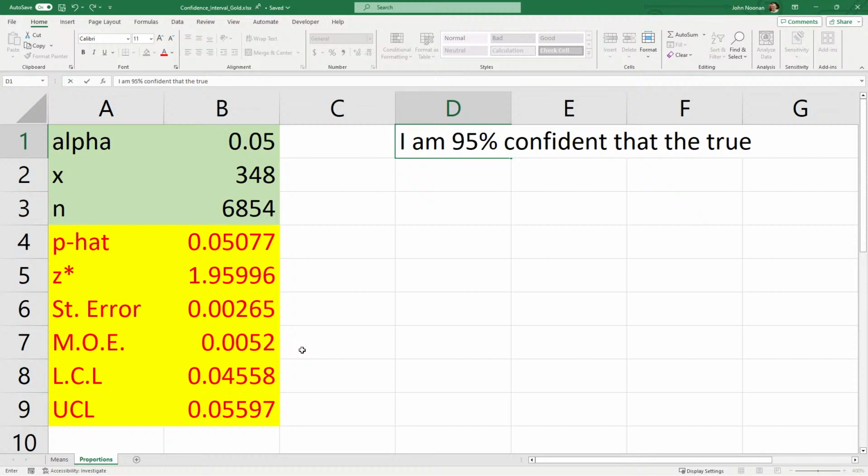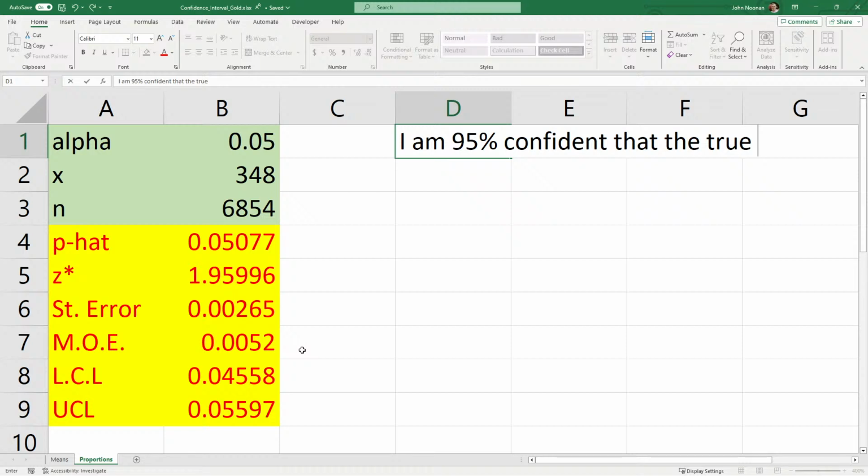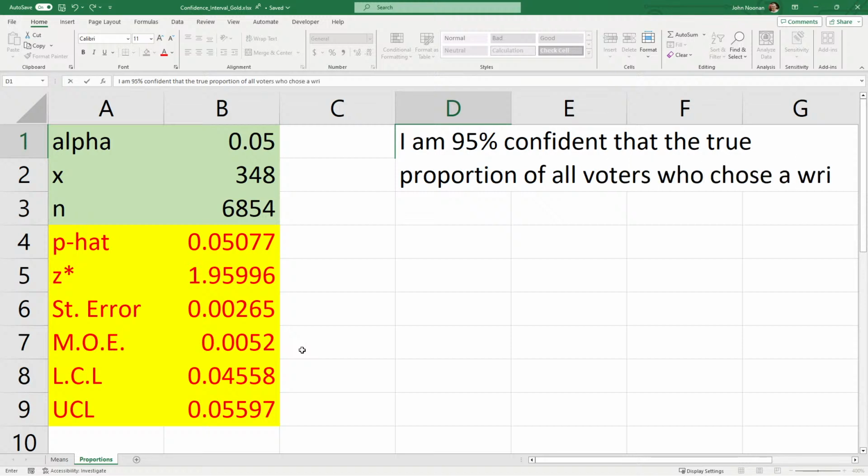Now, here's where we need to actually specify what it is that we're working on here. What are we measuring? We are measuring the proportion of voters who chose a write-in candidate. Okay, so let's go back here and insert that the true proportion of all voters who chose a write-in candidate